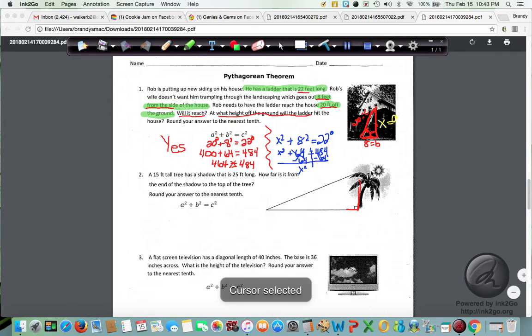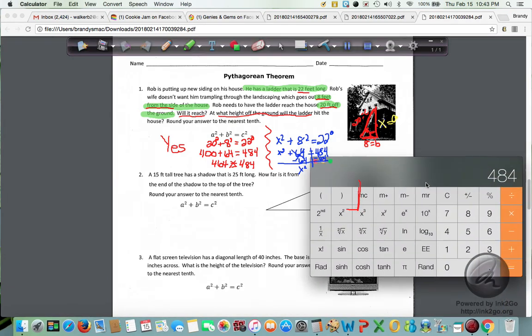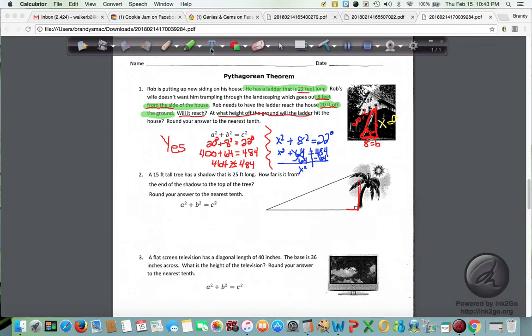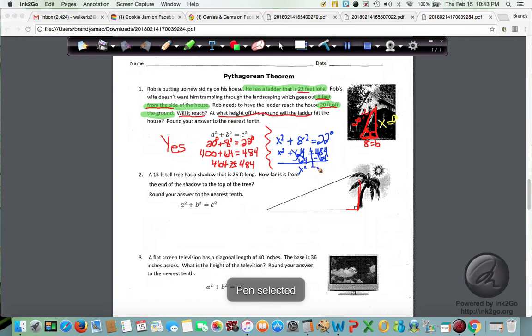It's getting a little squished over here. So again, I'm going to take my handy dandy calculator and clear this out: 484 minus 64 equals 420. Now that does not mean that he reaches 420 feet in the air with this little 22-foot ladder. I have one last step I have to do. I need to do my square root of both sides. So X equals